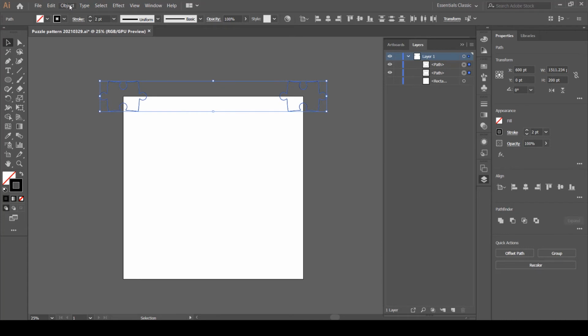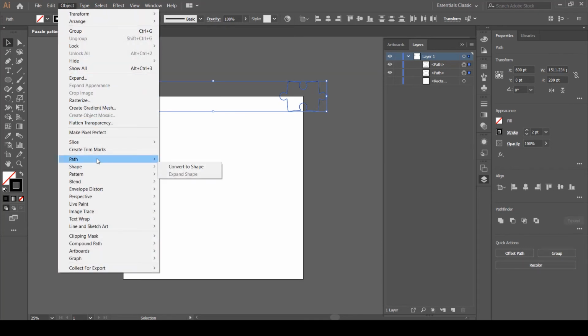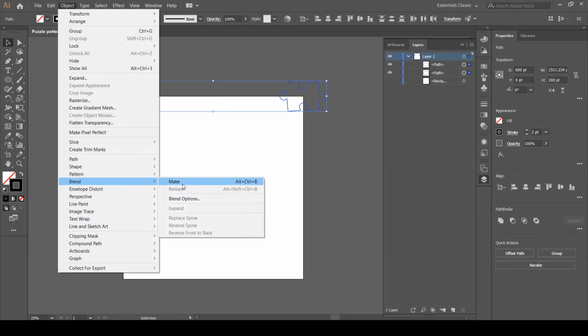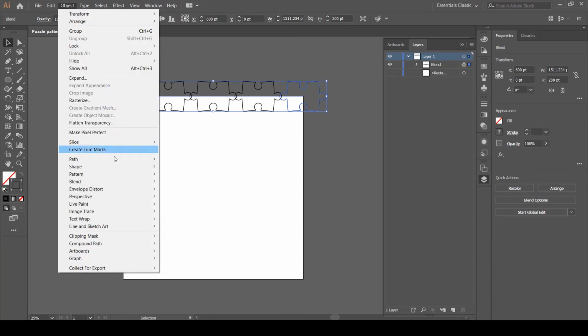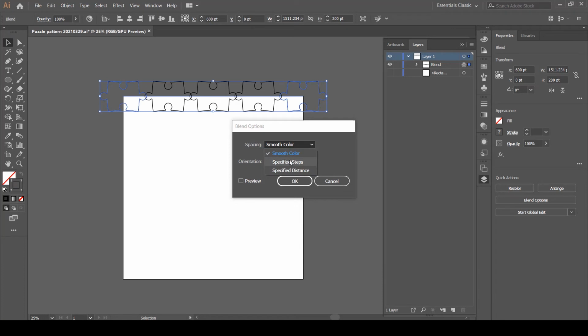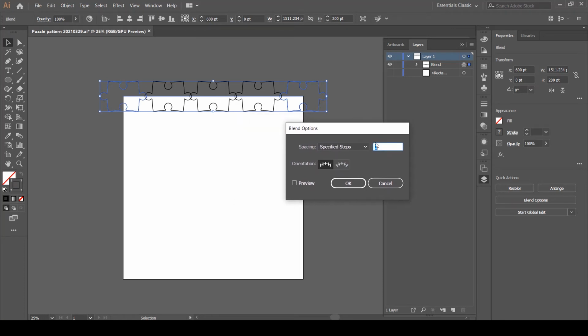We go to object, blend and make, and we need to change the blend options here. We need specified steps. So instead of 3 we will select 2, and then let's preview it. That's perfect. Let's click OK.